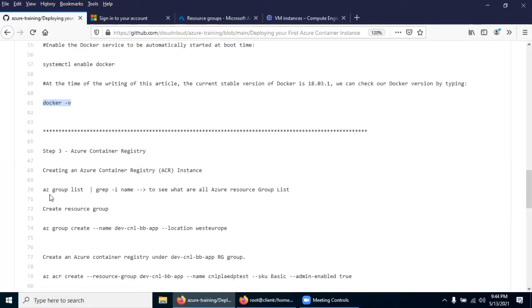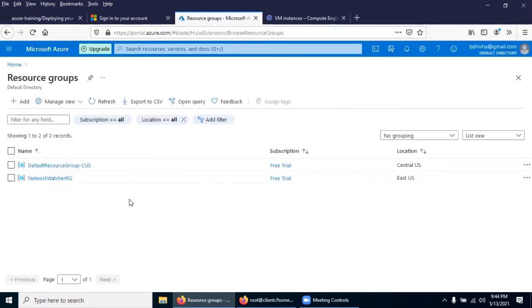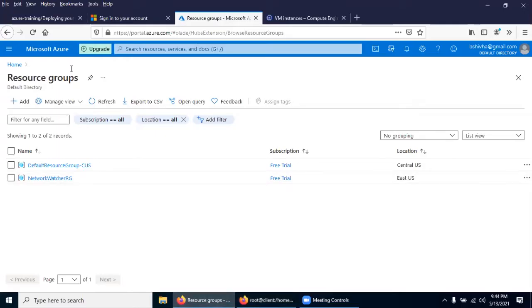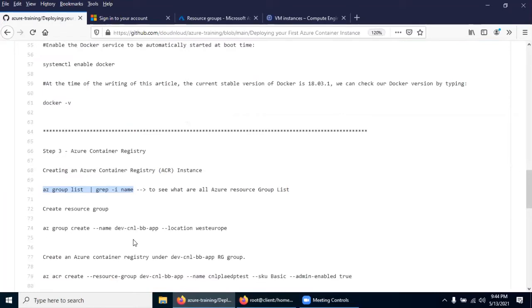Now come down. We are going to first check what is there. What are the resource groups in your portal.azure.com? These are the two resource groups. We will see the same from here. Are we getting it or not? So the same information we are also able to retrieve from our CLI. Now go back to your GitHub. I want to create one more resource group in location West Europe. I am just creating it.